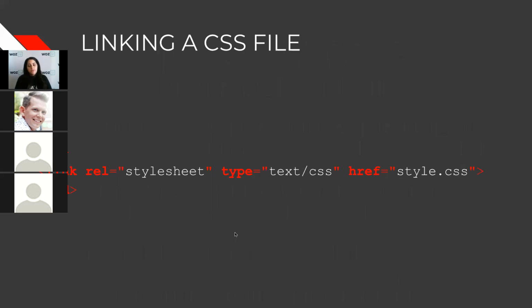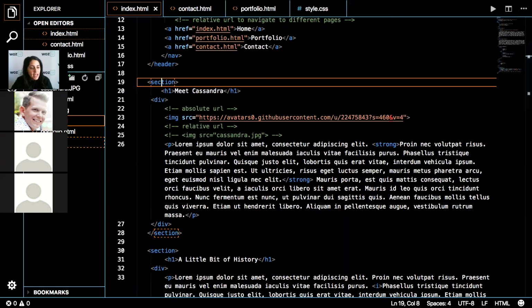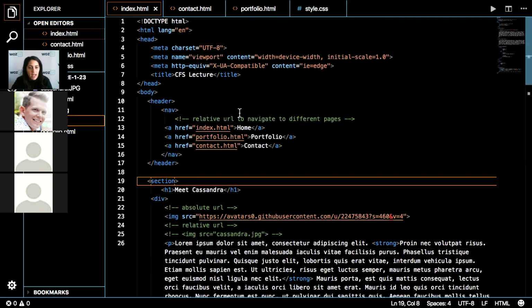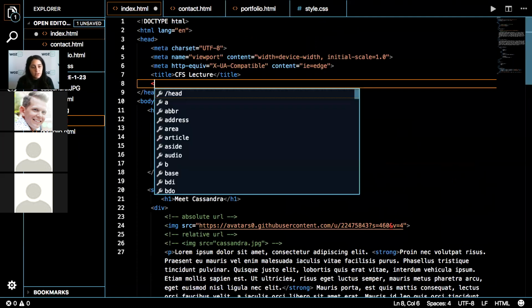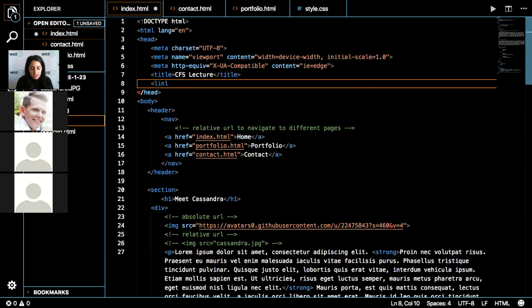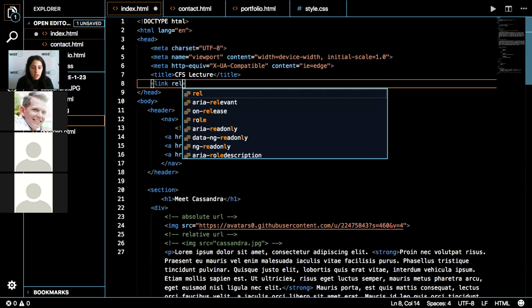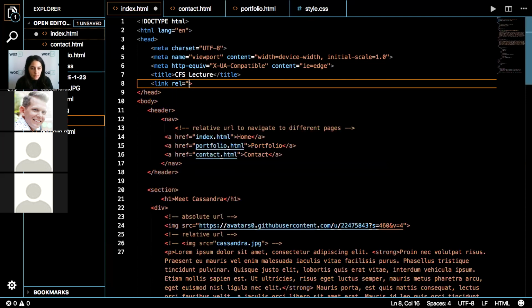The first thing you want to do before you write any CSS code is link your CSS file to your HTML file so that the CSS code that you write actually appears. We created a file, style.css, and we have it made already. Now we're going to go back to our head element and put our link tag. I'm going to link my CSS file, and then we're going to have a couple of attributes. The first one is rel, which stands for relation. What is the relation here? The relation is that it is a style sheet.